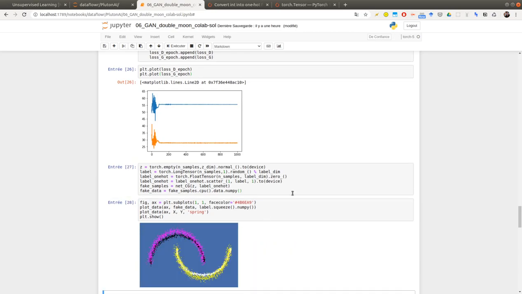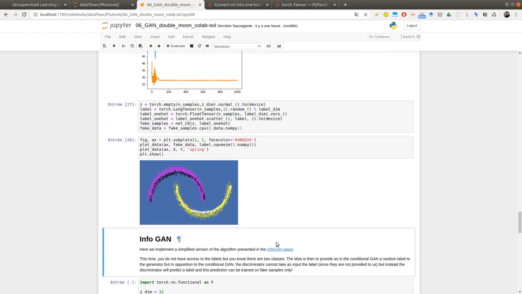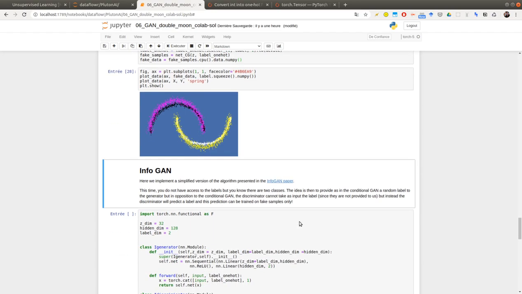I could have trained it for a bit less, but okay, you see that I have a very good fit to the data point with two colors for my real dataset, and in pink and yellow and black and white for the generated point.